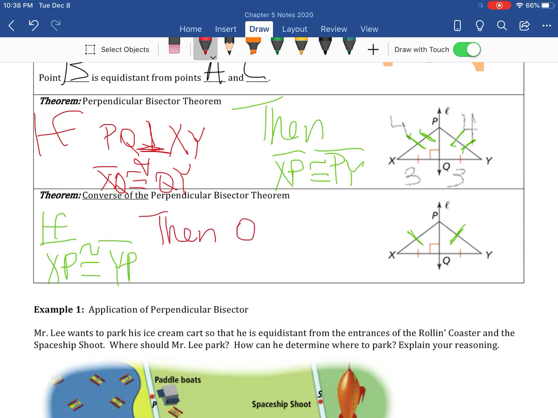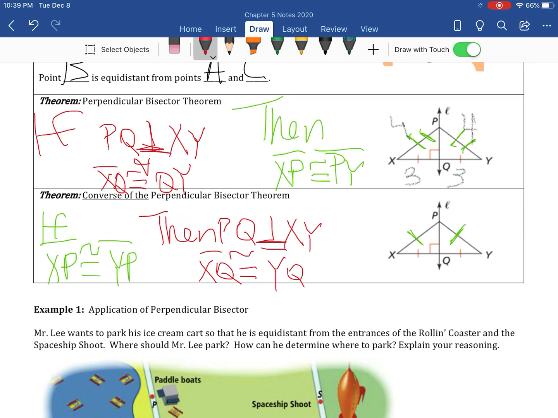Then PQ is perpendicular to XY, and XQ is congruent to YQ. So basically, it just depends on what it's giving us here. Now, this is important here because